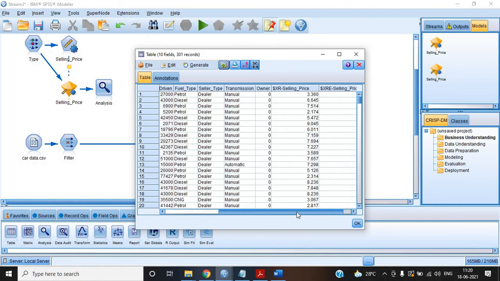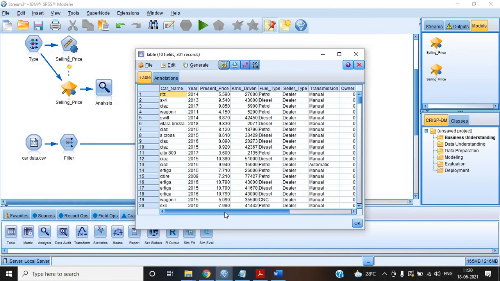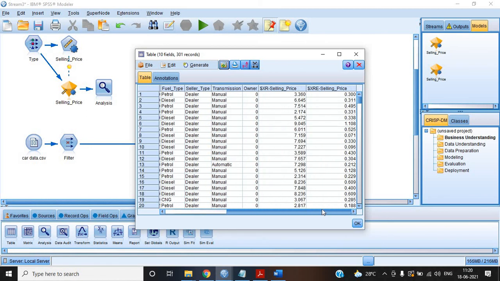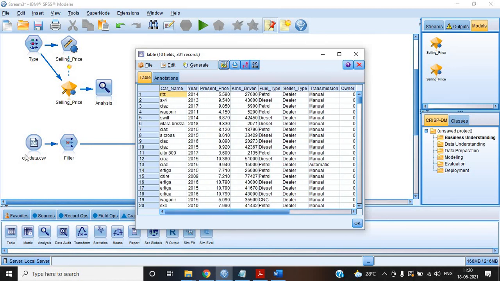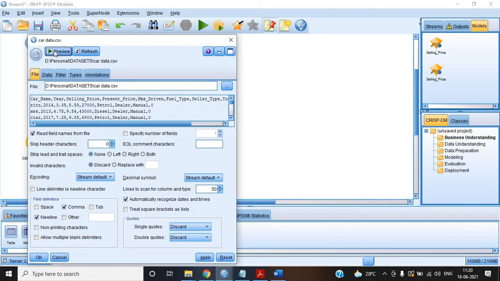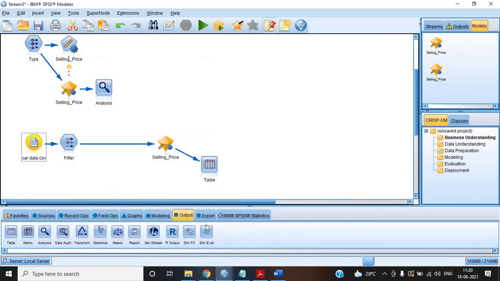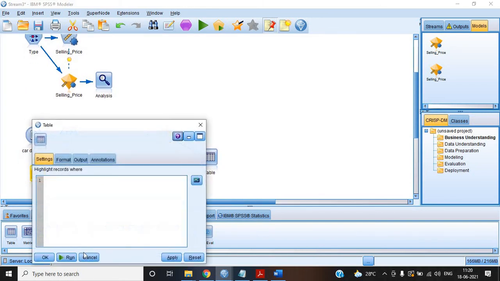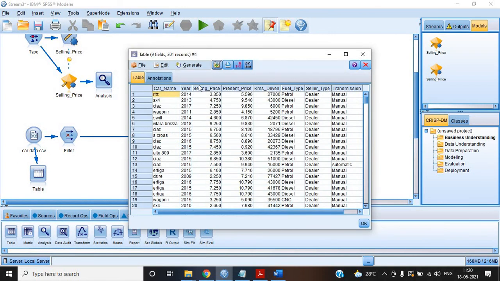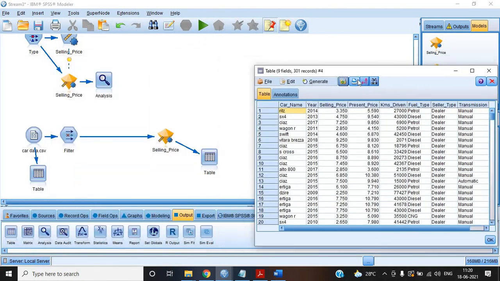Okay, here we go. That's the selling price. Let's also put a table, right? One table here. Okay, its selling price is present.